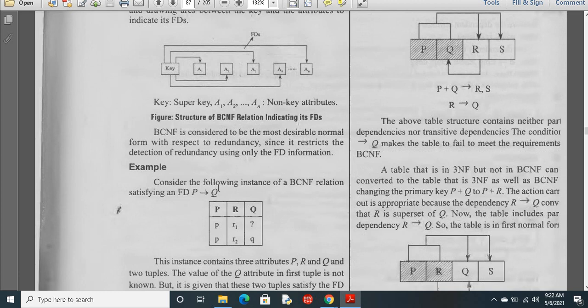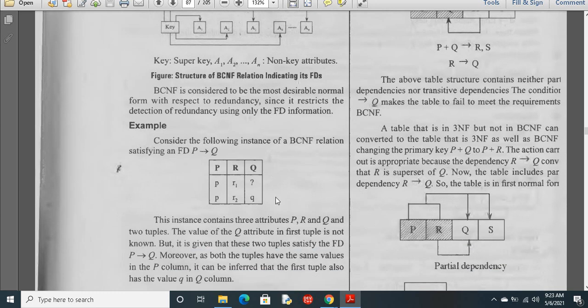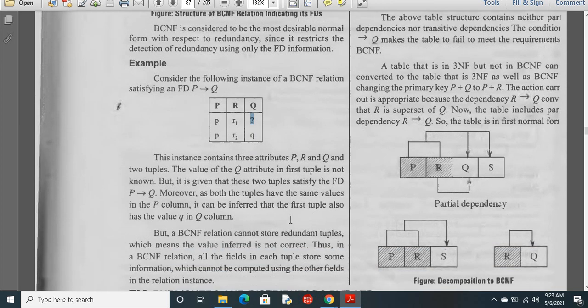So consider the following instance of BCNF, P to Q. This instance contains three attributes, P, R and Q, and two tuples. The value of the Q attribute in the first tuple is not known, but it is given that these two tuples satisfy the functional dependency. Moreover, as both the tuples have the same values in the P column,